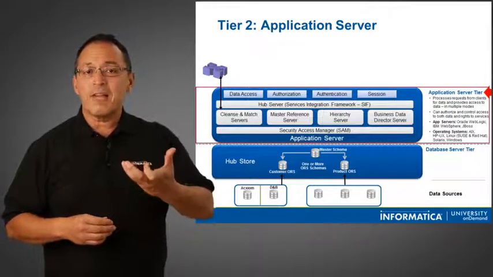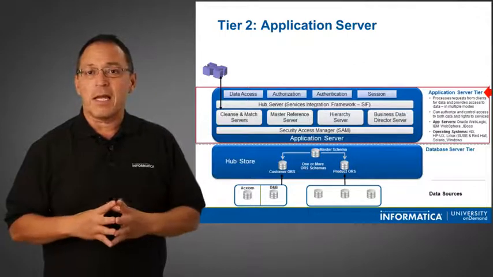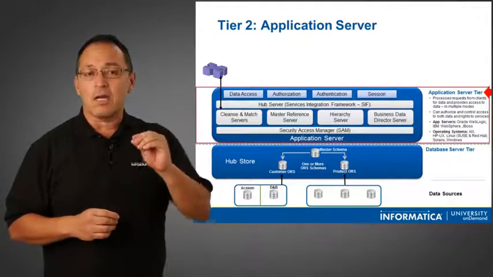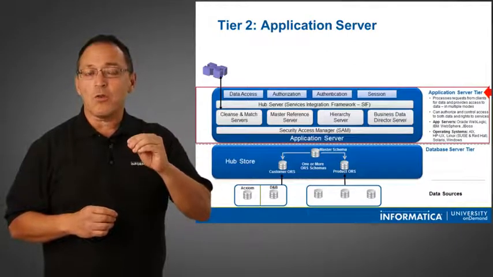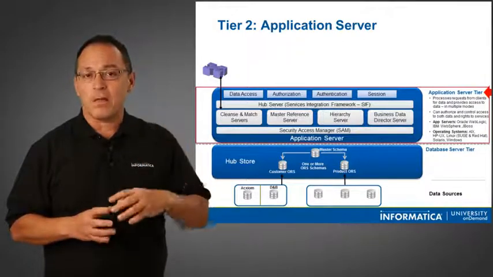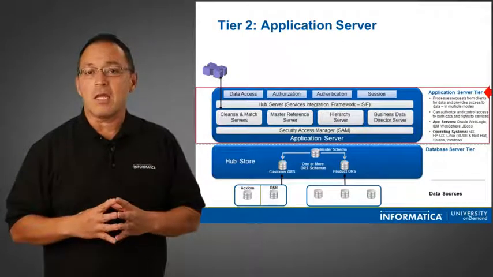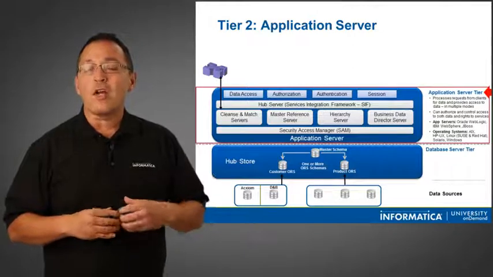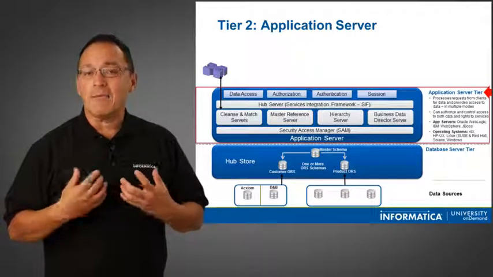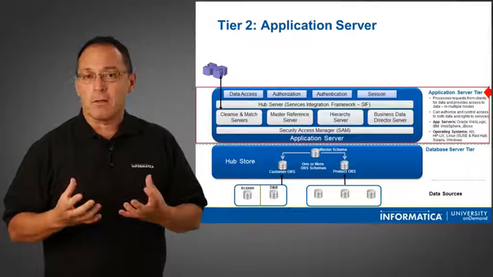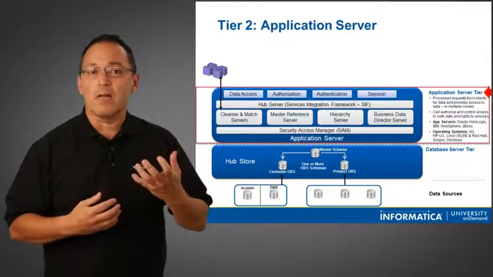And what's giving us access to this hub? Well, that's happening at the applications layer. You see the Hub console? We go through the Hub console to go to the respective servers in the application server tier. We could also create an API or integration components using what we call the SIF,